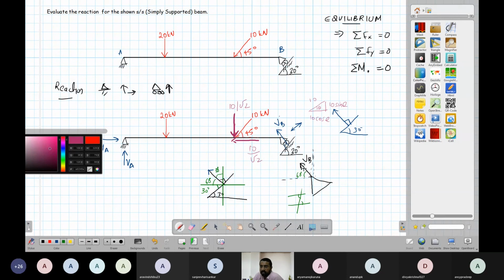Okay, 60 degree angle. So I have to find the components of the force. So this is 60, this is VB. Now these components can be written like this. One is a vertical component like this, that is VB